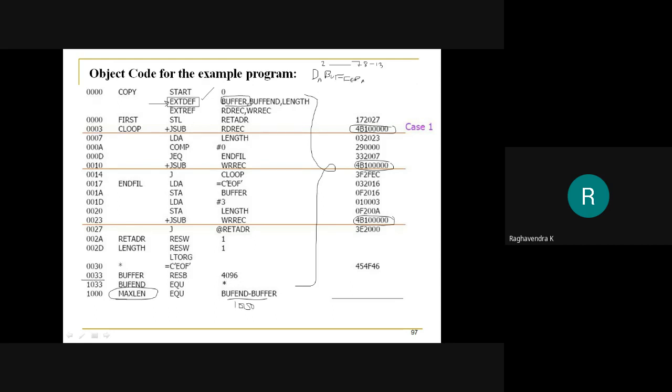It is 0033, so you will specify 000033 from 8 to 13: 8, 9, 10, 11, 12, 13. Now from column 14 to 73, you will have the repeat of the information from 2 to 13. Whatever you did for this symbol, you repeat for other symbols. For example, the other symbol here is BUFEND, so I will write BUFEND.